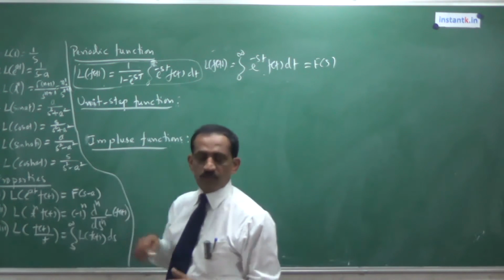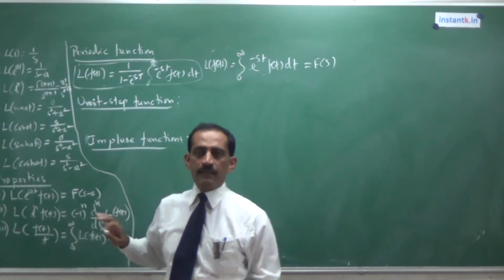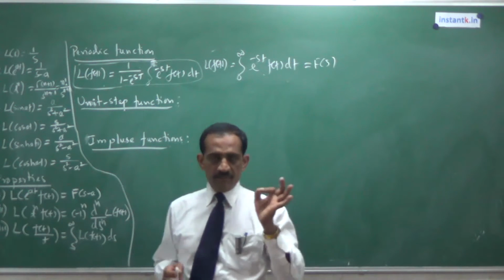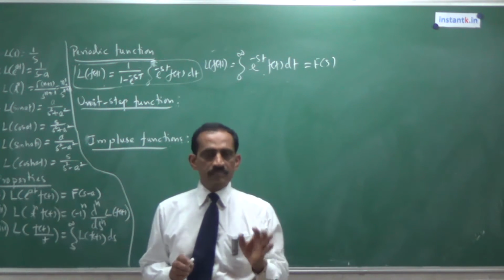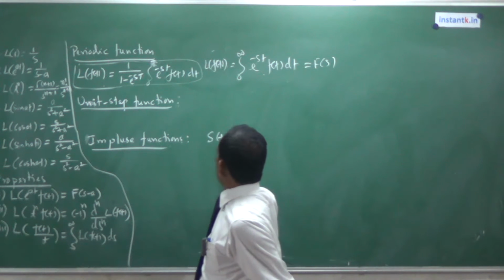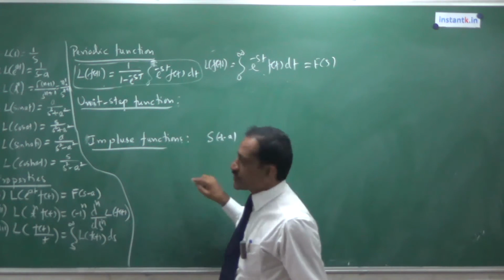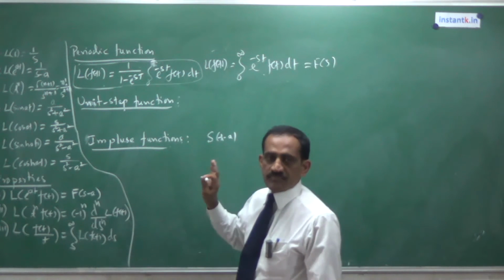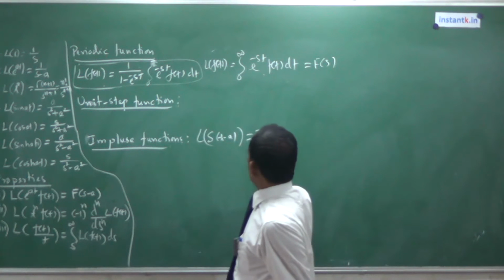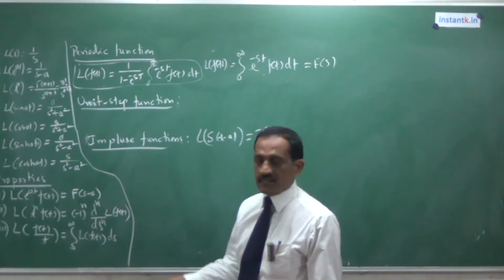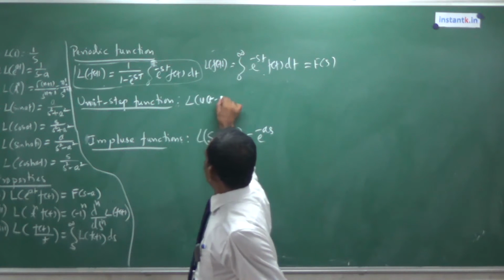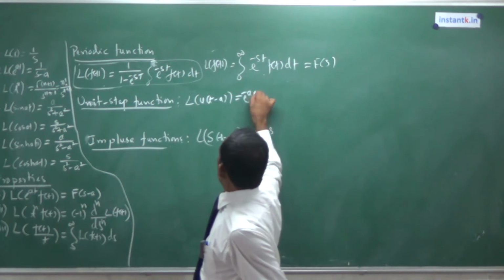And sometimes for objective type questions, we should know how to get the Laplace transform of the impulse function also. An impulse function means a heavy force or function for a small time. It's usually denoted by the symbol delta of t minus a. At the instant a, it is very large, and in all other cases it is 0. What is the Laplace transform of this? It is equal to e power minus as. This must be remembered. And the Laplace transform of the unit step function is also e power minus as over s.